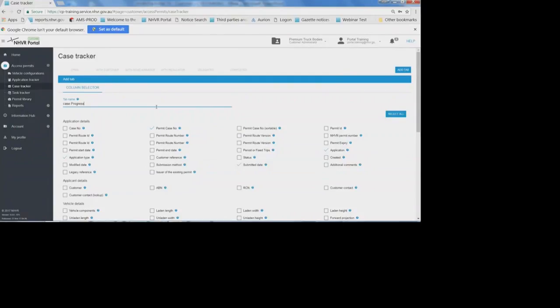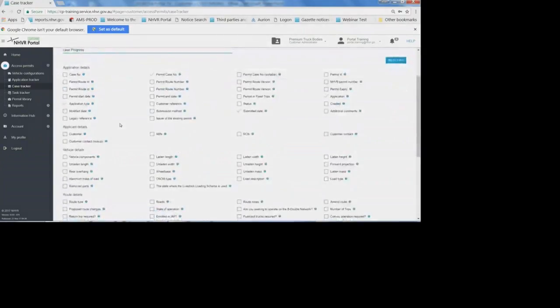And on this occasion, what we're going to do, we want to see the case progress, durations, permit case number, and permit case status, submitted date, and so on and so forth. Now, a number of these are already pre-selected as part of being that large default view. So what we're going to do, we're going to go through and we're going to select a large number of